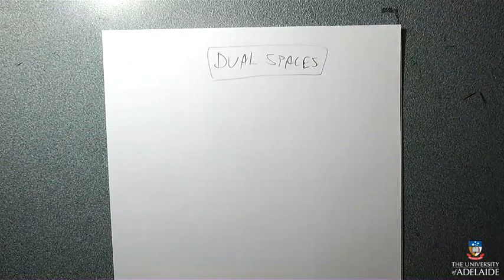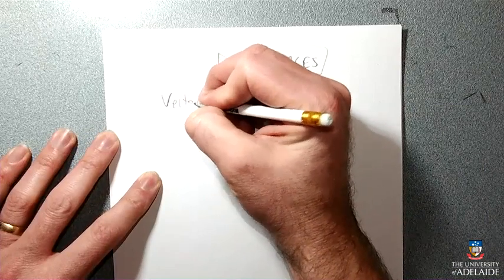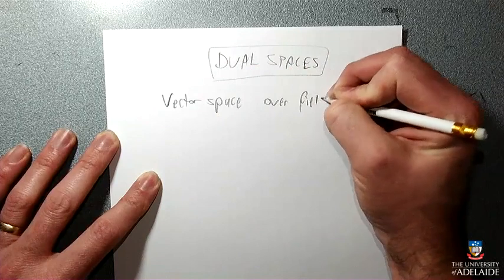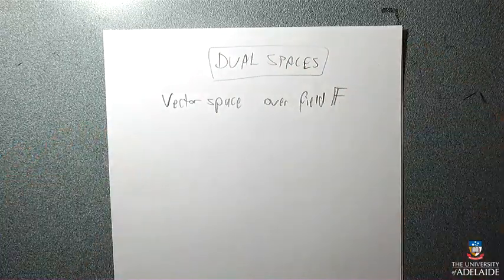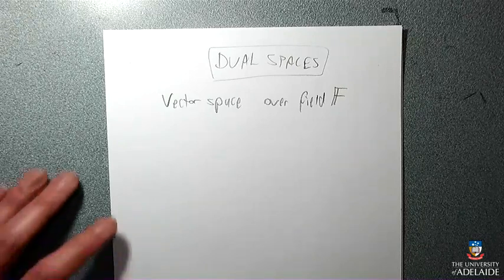Let's see if I've got this right. This is my guess as to what a dual space is, because it's always good to try and remember. So I'm going to make a guess. I need a vector space first, a vector space over the field F. I'll use a nice blackboard bold double-struck F because that makes me feel good. It's usually R. Does your lecturer use the word over in this context? Okay, good.